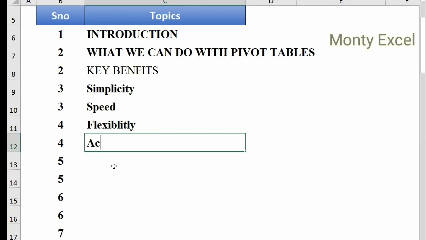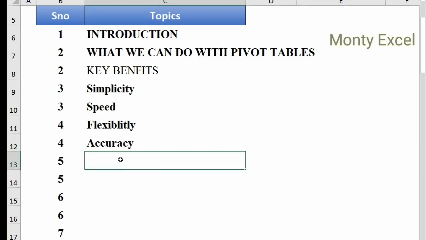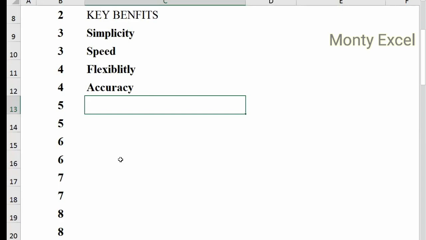And if you look at the next one, that is accuracy. Whenever you're working in any organization, we always look for a tool that should be very fast, flexible, and accurate, because this plays a very important role. As long as a pivot table is set up correctly for the first time, when you put your time and effort into creating it,